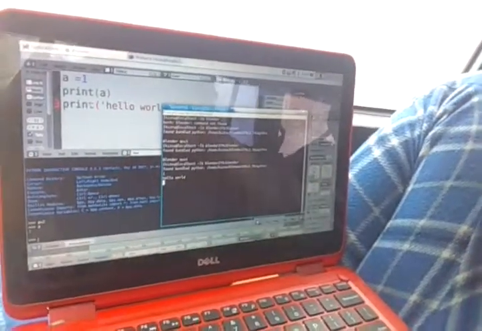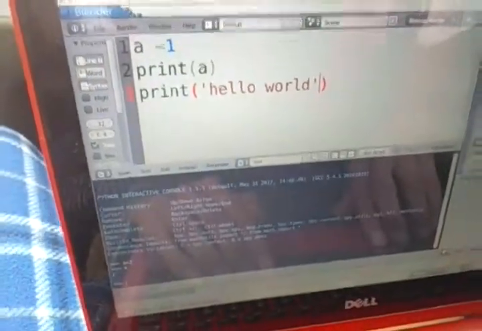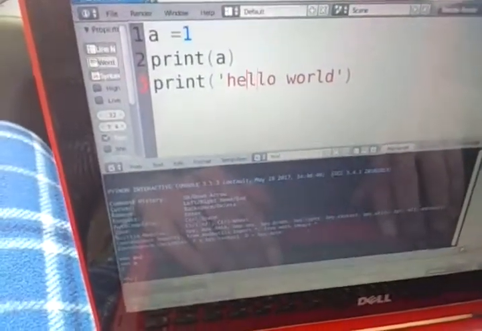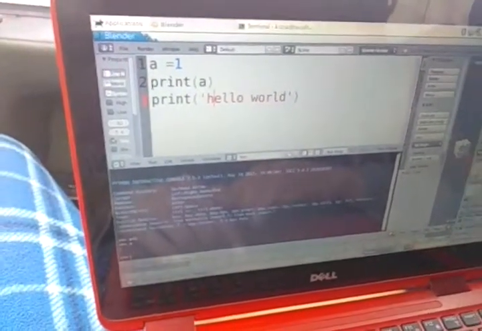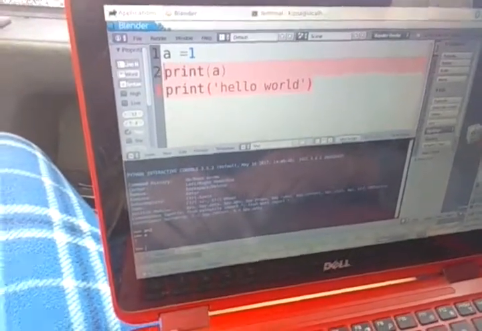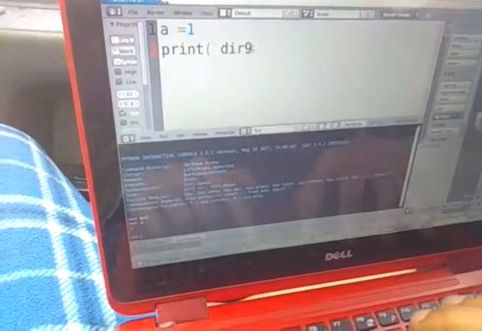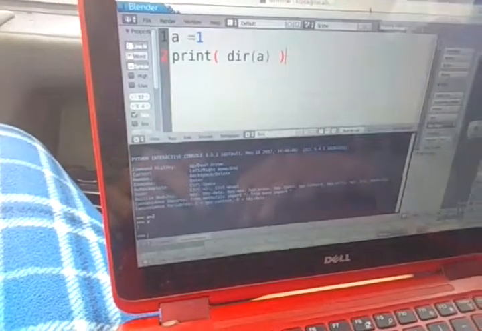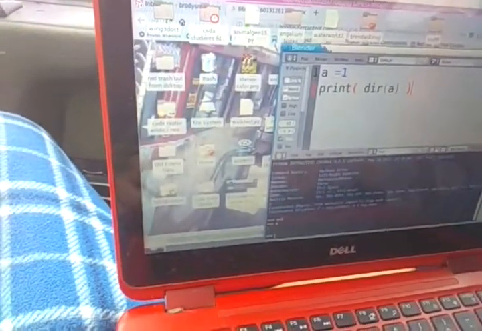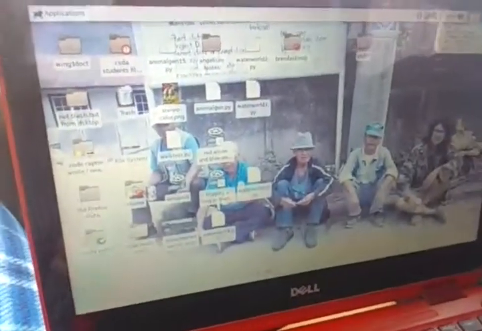So let's take a closer look at how we can do research without going to the internet. We can use a function called dir. So I'm going to print dir of A, and when I run this script, I'll look over in the console and I'll see that